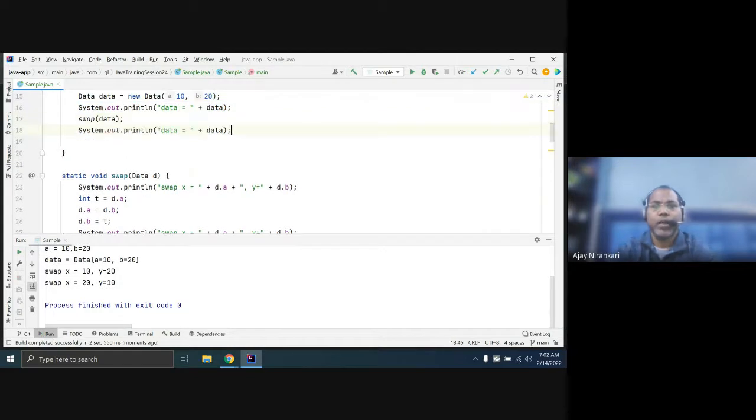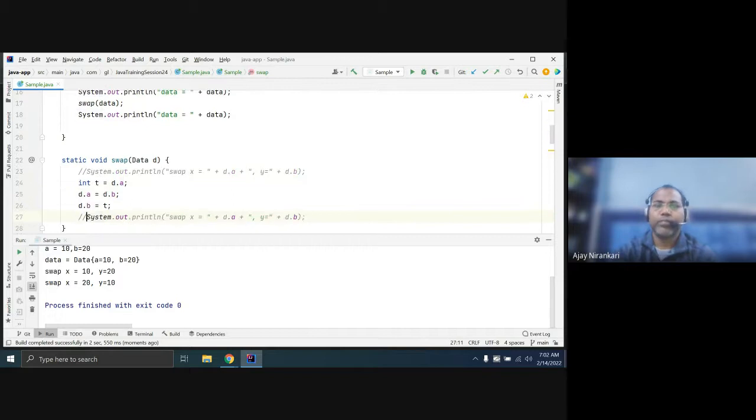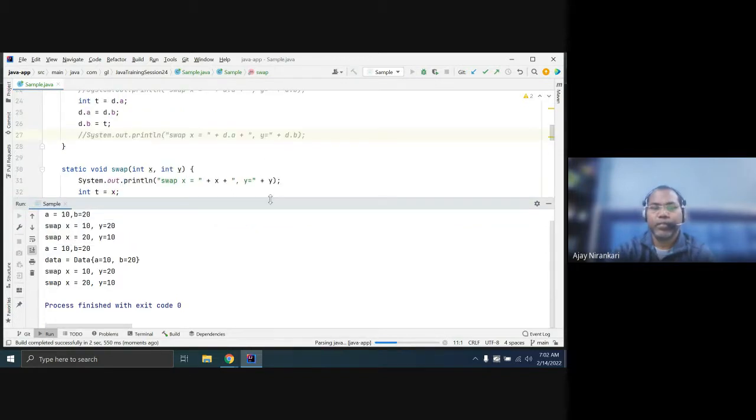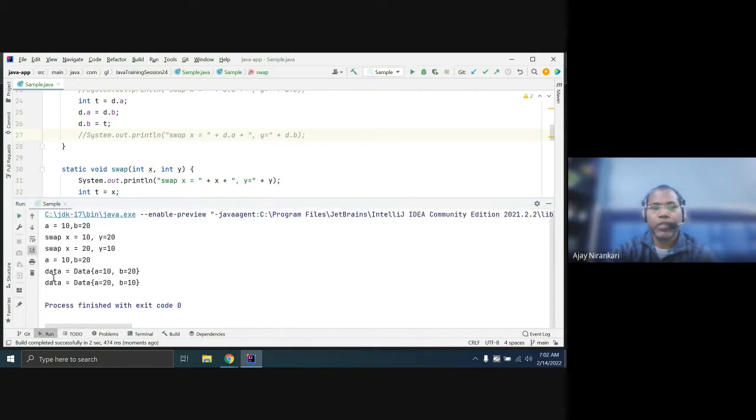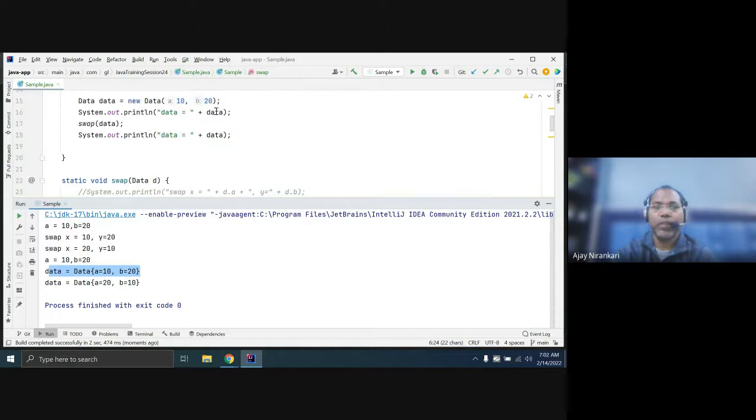So now if you run this code again, you now pass the same data, 10 and 20, in the form of an object. Check the before and after. I am commenting out here. You notice the first time this data will print 10 and 20, and this same data I'm not reassigning.